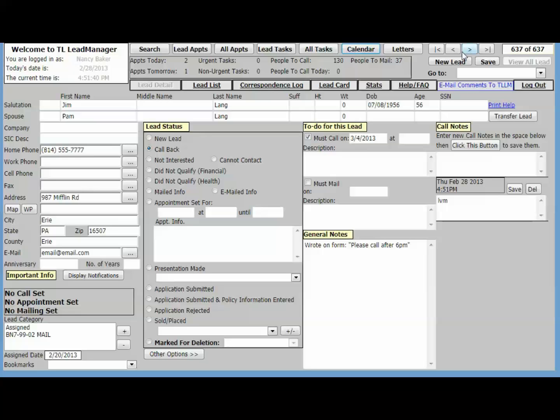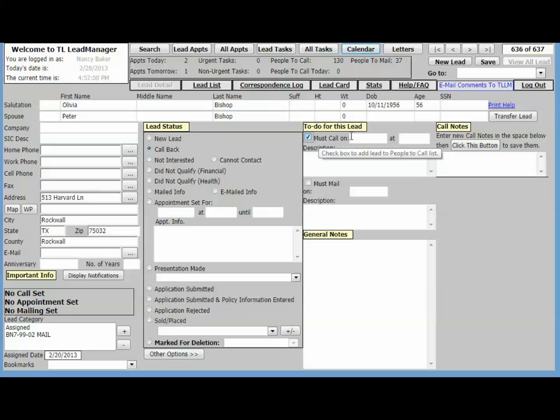So one more example I'll show you is, I'm going to go back one to another new lead, and here I have Olivia and Peter. Now here I call them, and instead of getting their voicemail, I get them, but they're going on vacation, so they want me to call back in a week. So they still will be changed to a callback, and this time I'm going to set a must call,